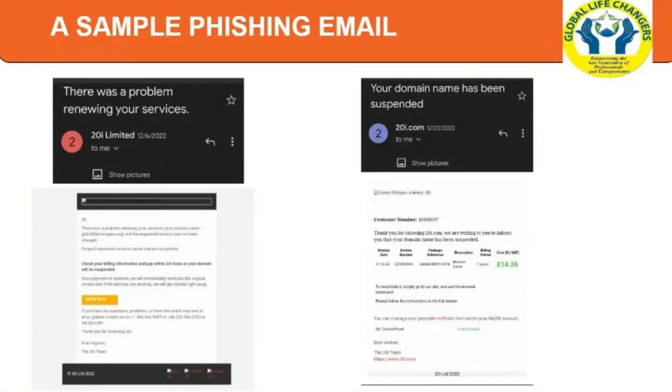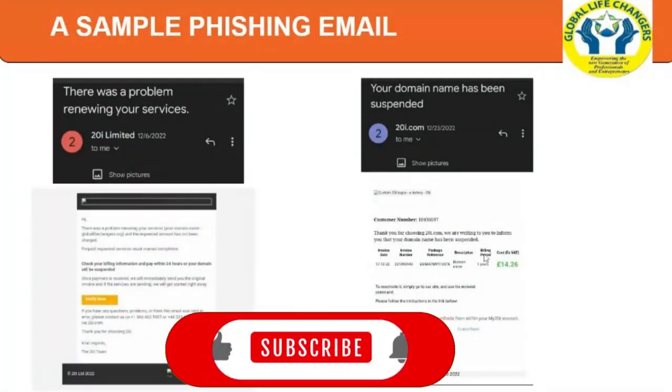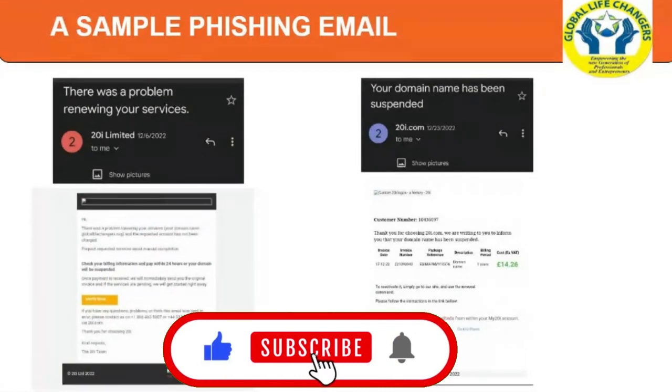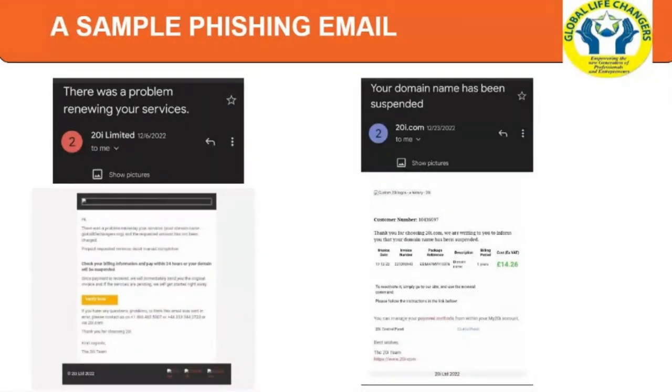And then they told me that to reactivate it, simply go to our site and use the renewal command. Please follow instructions in the link below. So if you zoom in and look at this part, they said you can manage your payment methods from within your My20i account. So payment method, there's an embedded link there.